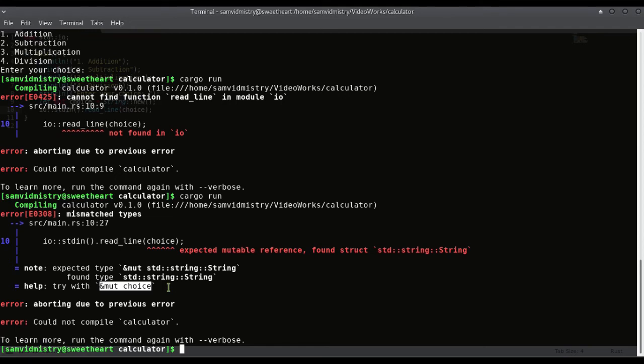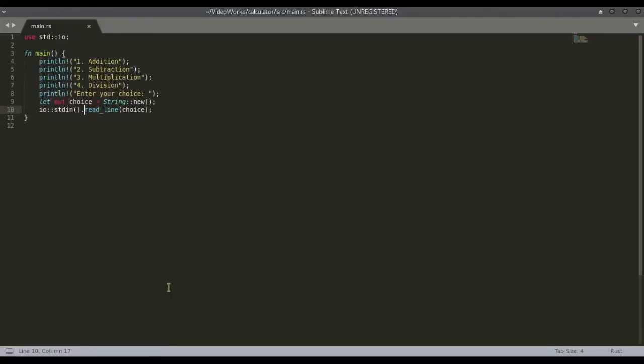error occurred. So in Rust, all the created variables are immutable by default. Immutable means that once assigned, its value cannot be modified. But readLine needs to modify the content of the string in order to put the user input characters into the string. The mut keyword is used to make the variables mutable. So we have already made this string mutable. But then we also need to give permission to the function to modify the contents of parameter. So we also have to use mut